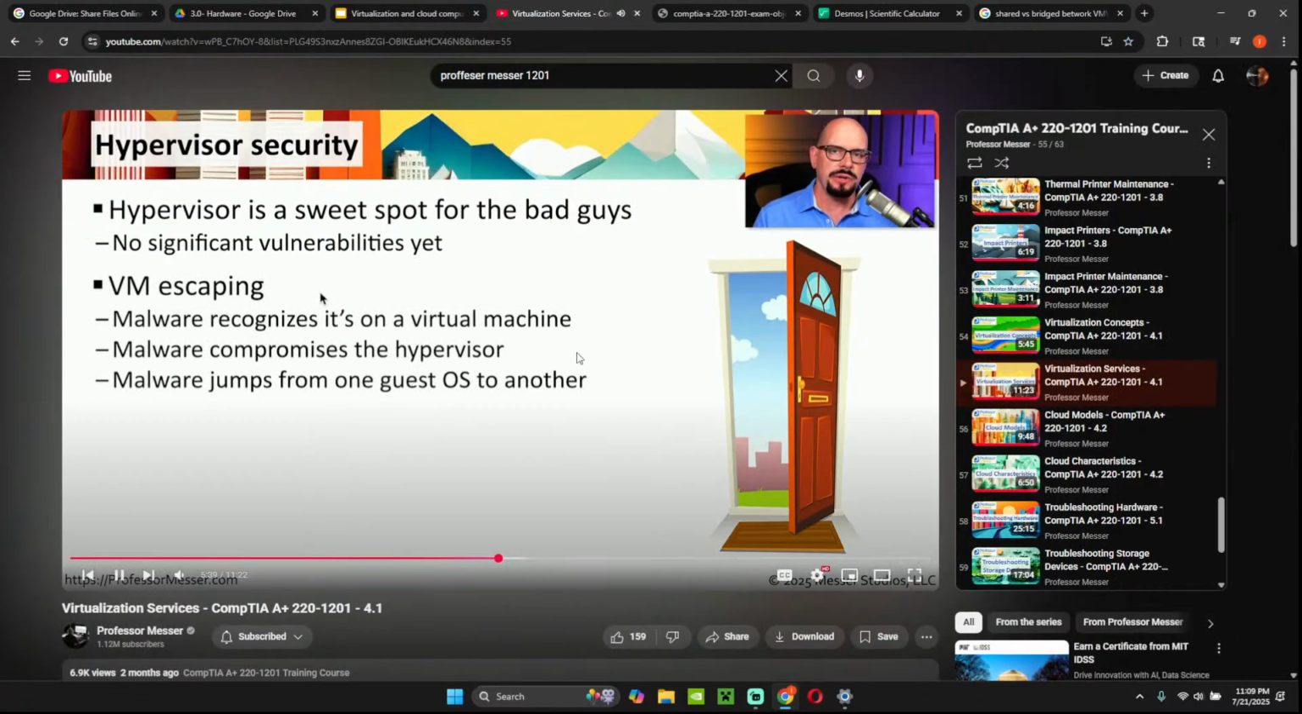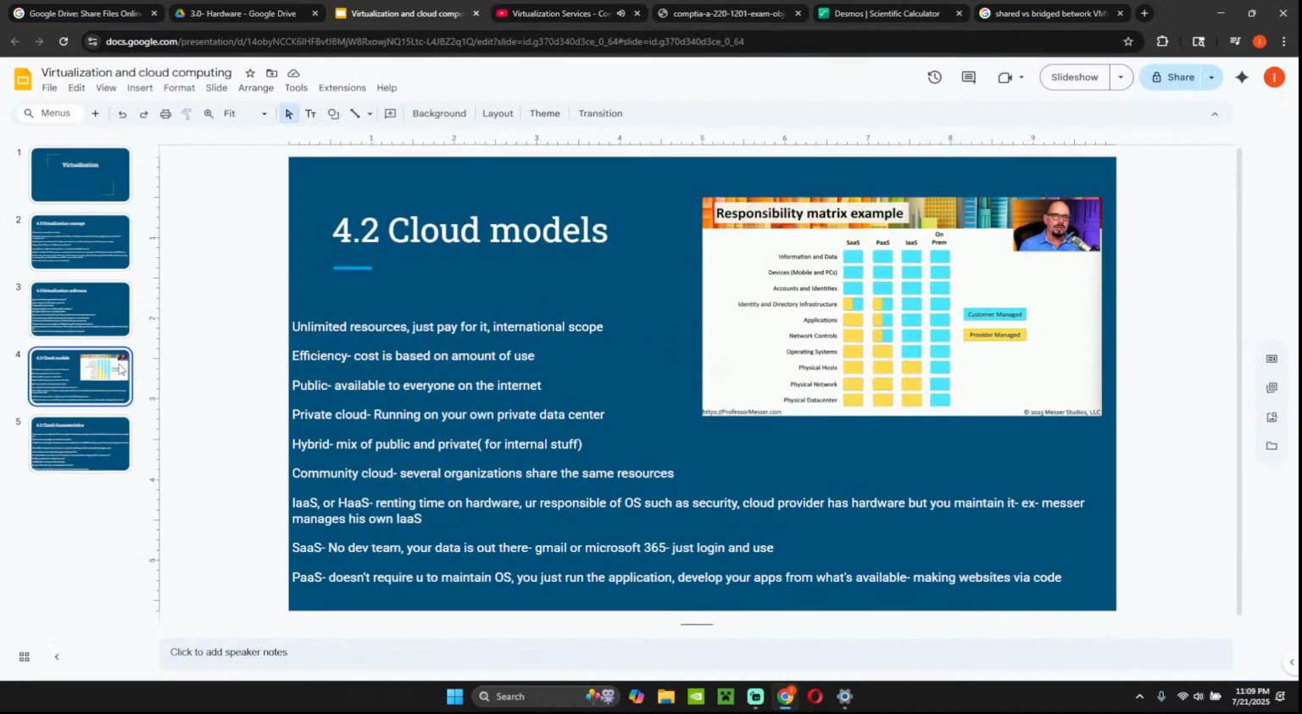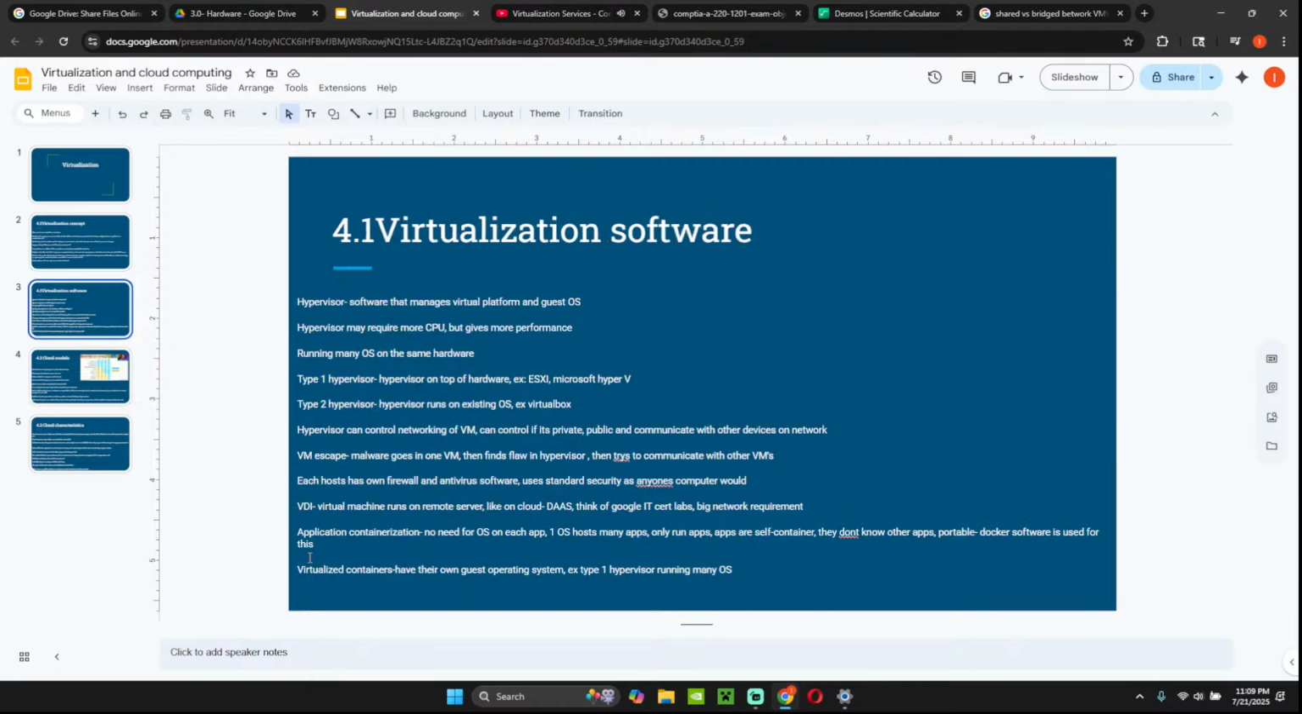One type of security vulnerability that is top of mind for these hypervisor developers is a VM escape. This is when malware might find itself onto one virtual machine and use a flaw in the hypervisor to be able to communicate to other virtual machines that are supported by that same hypervisor. This would obviously be a